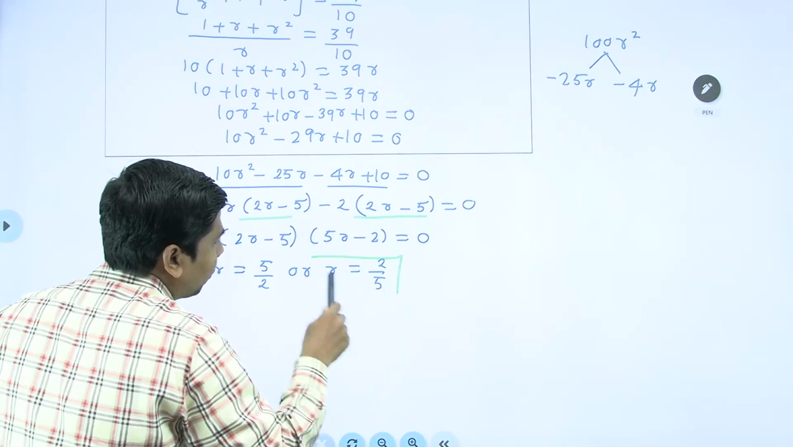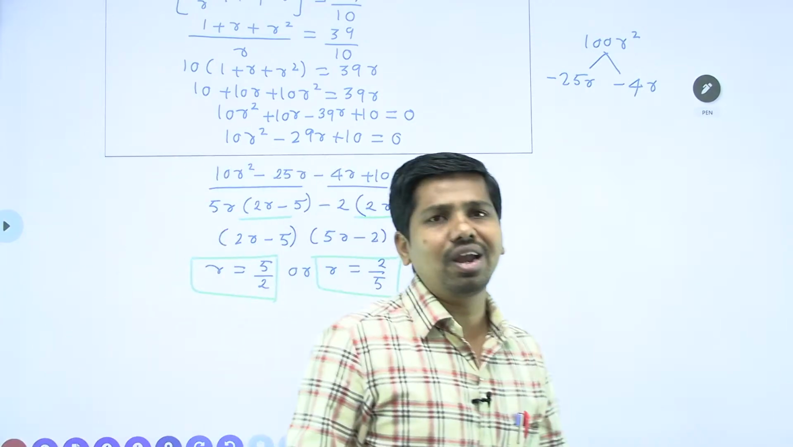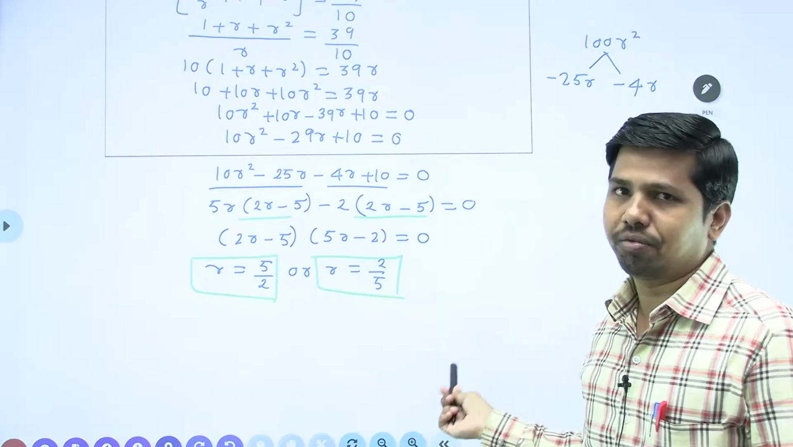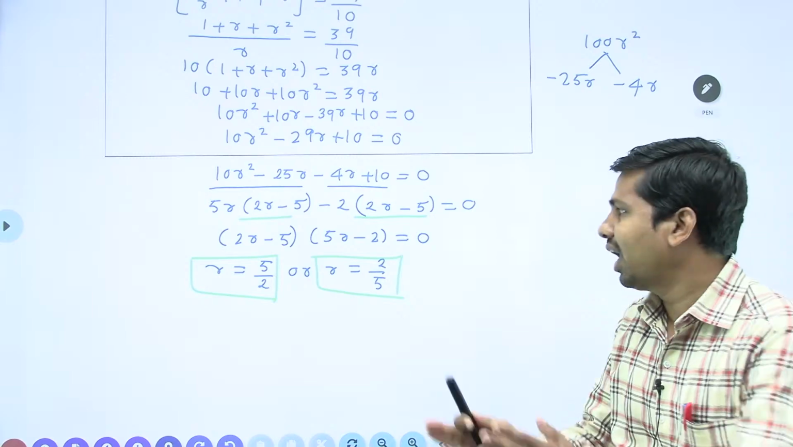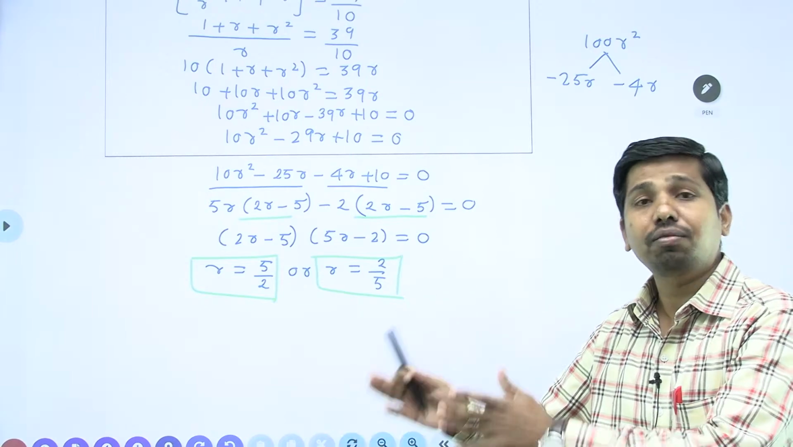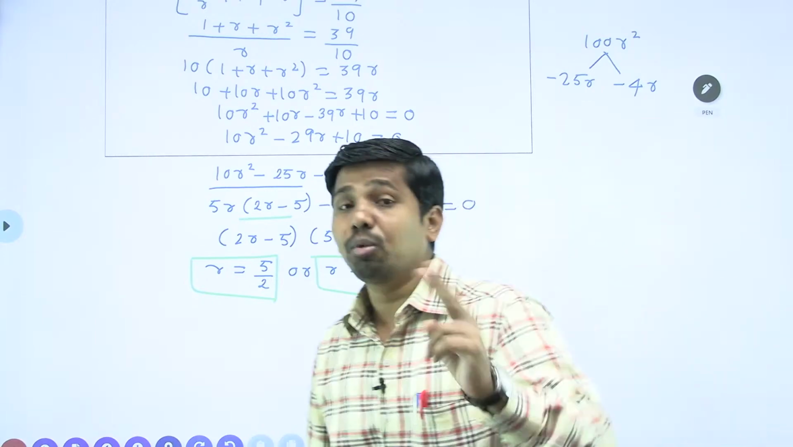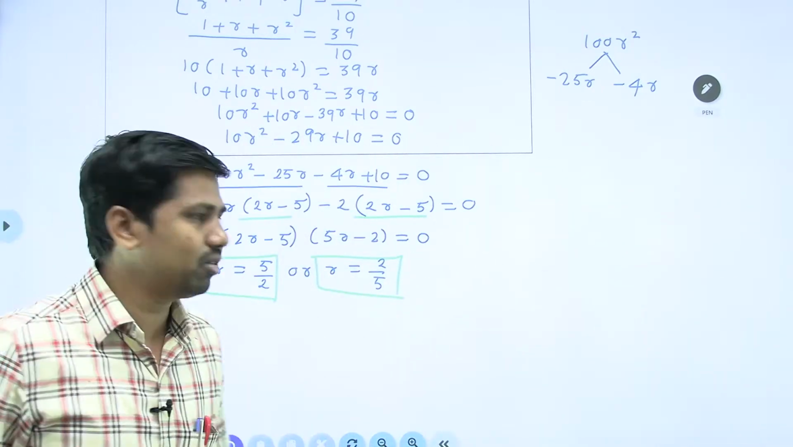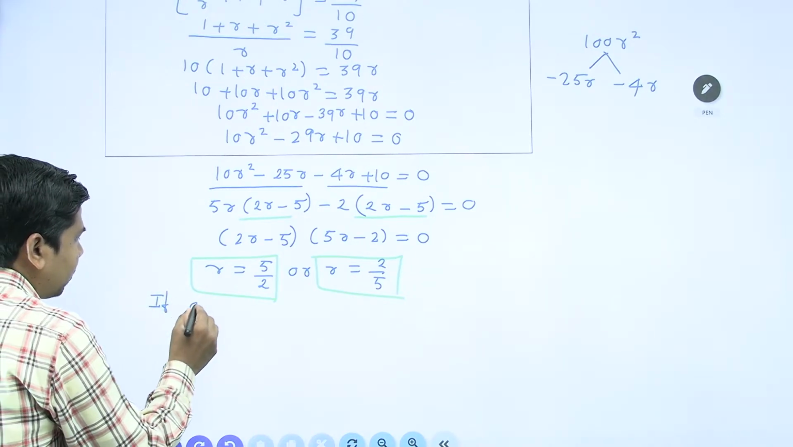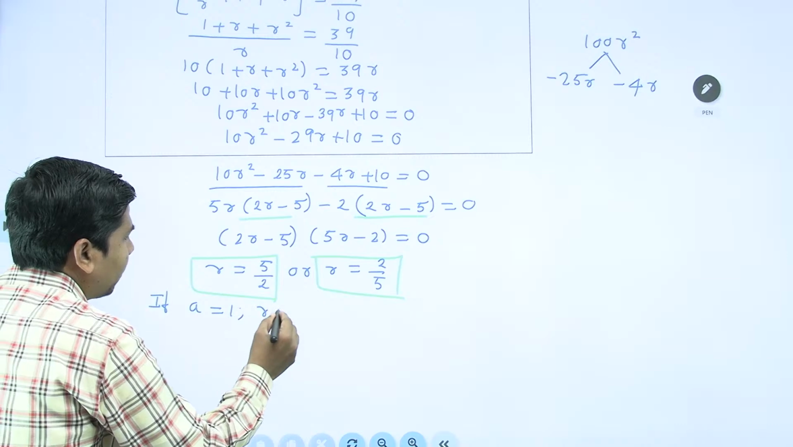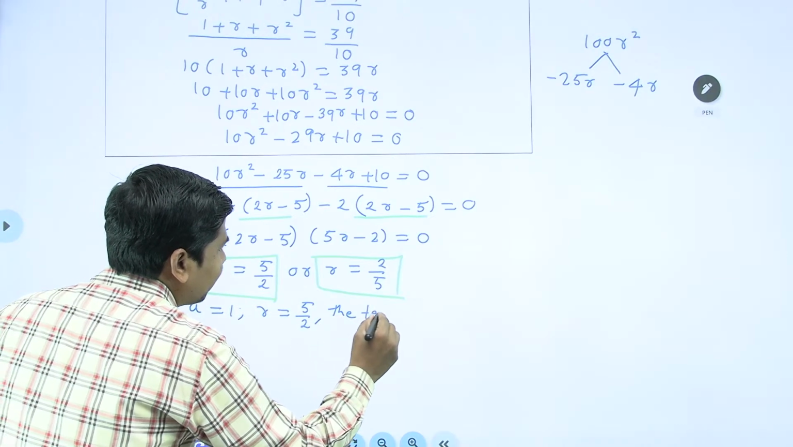So the two values of r we got. What is a equal to? We got a equal to 1. A is equal to 1 and r is equal to either 5 by 2 or 2 by 5. Means there are two sets of three terms: if a is equal to 1 and r equal to 5 by 2, which are the three terms you have to write, and if a is equal to 1 and r is equal to 2 by 5, which are the three terms you have to write. Okay, let us write both the two sets of the three terms. If a equal to 1 and r equal to 5 by 2, the terms are